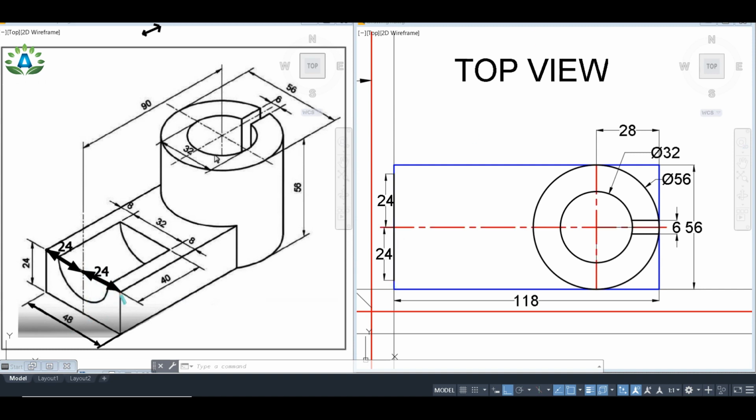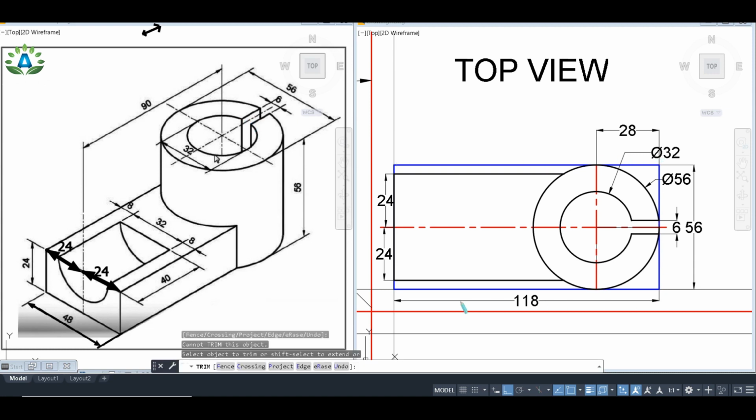Like this, and we can see that this line has been extended to the circle. So we have to make a line that intersects the circle. This line is intersecting the circle at this point. So we are going to make this line only up to this point. Similarly, we have to construct this line only up to this point, and I'm going to erase these two lines because we can see that these lines haven't been connected, and I'm going to erase this bounding plane as well.